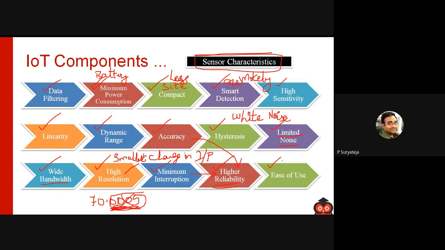If the sensor is big, or consumes more power, no one will use it. So these are the different characteristics of a sensor: data filtering, minimum power consumption, compact, smart detection, high sensitivity, linearity, dynamic range, accuracy, hysteresis, limited noise, wide bandwidth, high resolution, minimum interruption, high reliability, and ease of use.